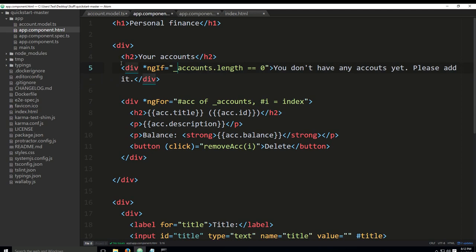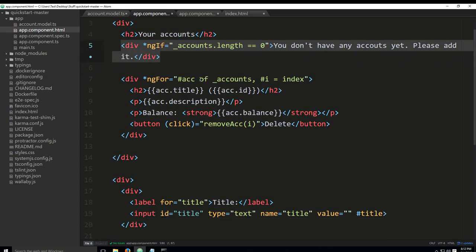Now, you might wonder yourselves, well, Ermin, this is never going to happen. You have initialized two accounts straight away, as you have explained before. Well, yes, but it's always a good practice to ensure yourselves. I mean, think of all the cases that can happen and create some sort of logic for each one of those cases so that you would have a failsafe. Yes, we have initialized two accounts, but you forget the fact that we can delete all the accounts. So if we delete all the accounts, and if there are no accounts in existence, this will be printed out